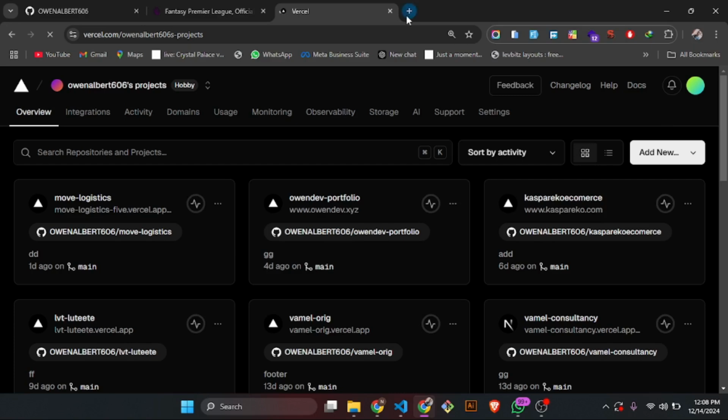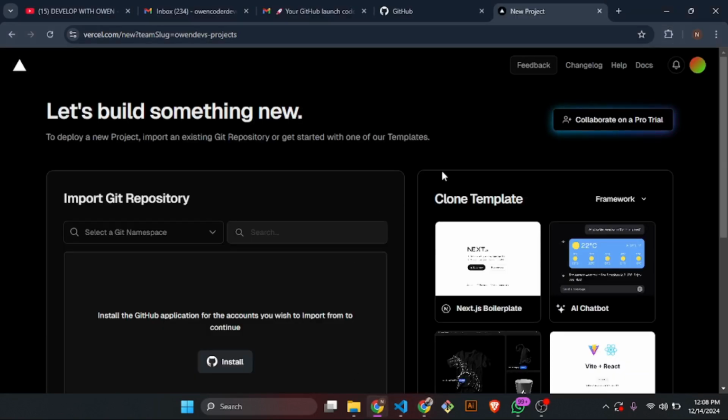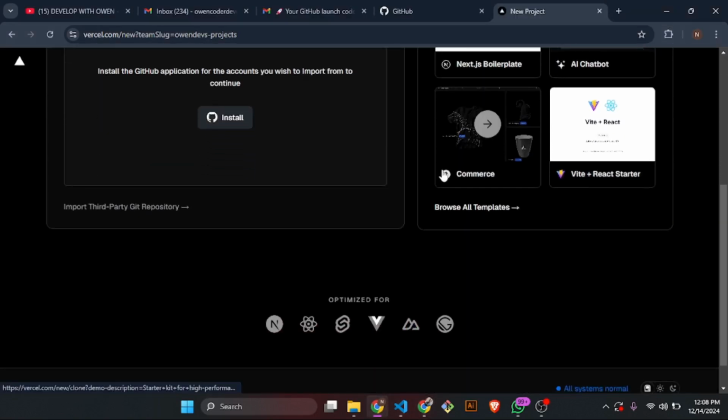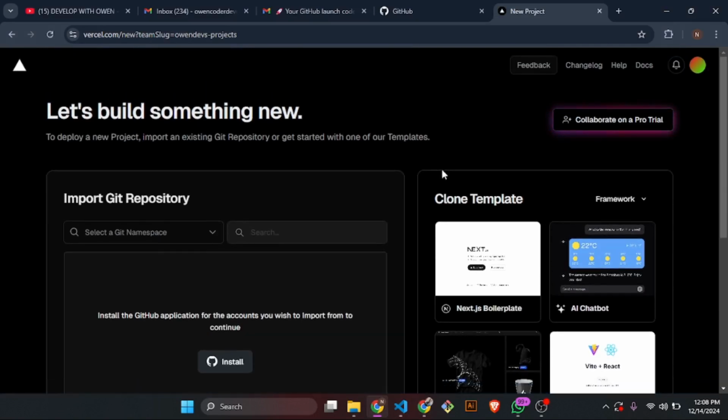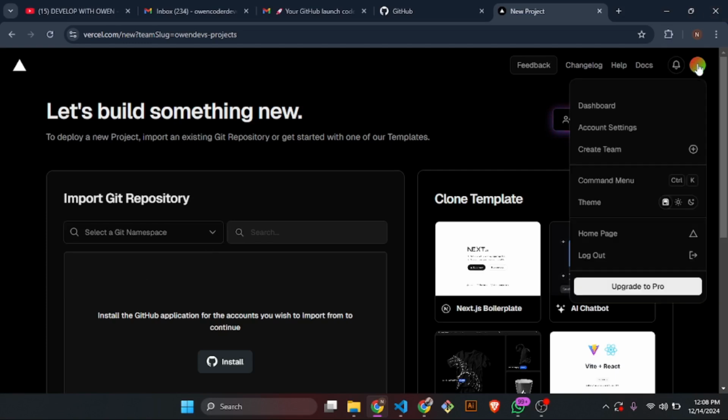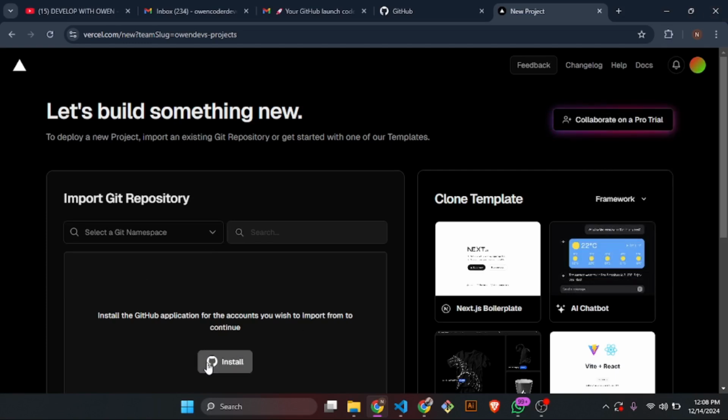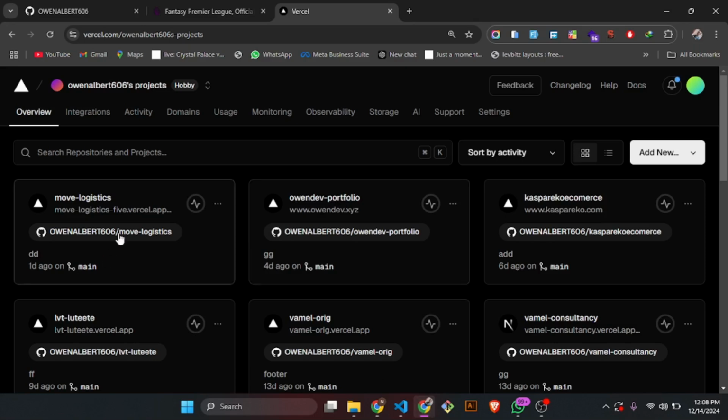After all this, you can import a Git repository. Since you're connected to your GitHub account, you can install, and when you install, you'll be in a position to see the different projects you have. So when you come to new project,